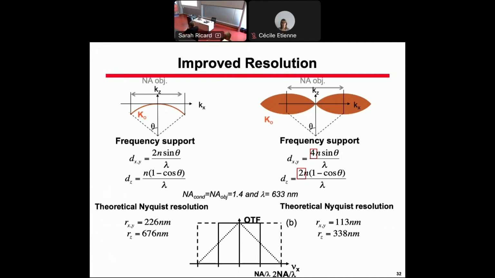Yeah, the frequency support is the same as a regular transmission microscope. The trick is how these